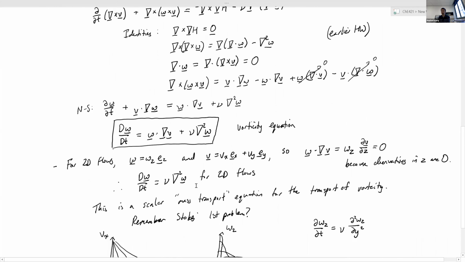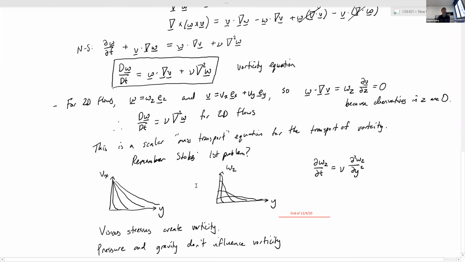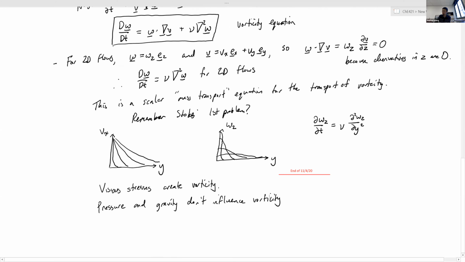Okay. The other way of thinking about this more physically and intuitively is that pressure and gravity are kind of like body forces, if you will, right? They act on the center of a fluid element. And vorticity doesn't care about that, right? Vorticity talks about how fluids rotate, how elements of fluids rotate, angular momentum and stuff like that. And if you have something that's acting on the center of a piece of fluid, then that cannot influence how it rotates, right? And so I'll say this, they do not influence vorticity because